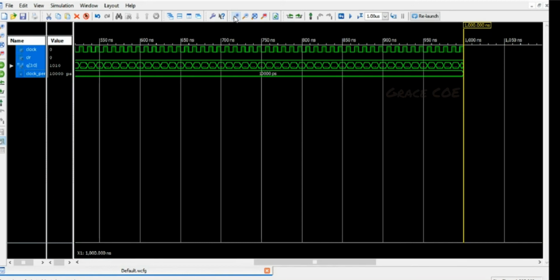Then after waiting for about 100 nanosecond, the counter will start executing once it is reset. Once the clear signal is reset back to 0, the counter will start to count from 0000 to 1111. So this is the up counter implementation using VHDL code.